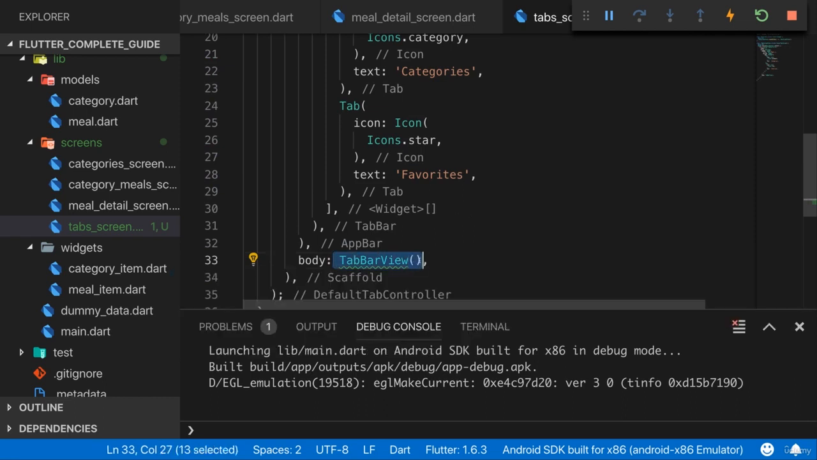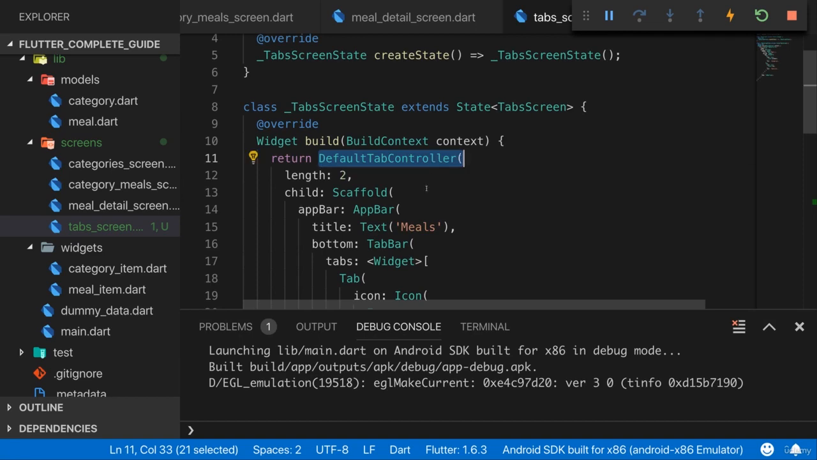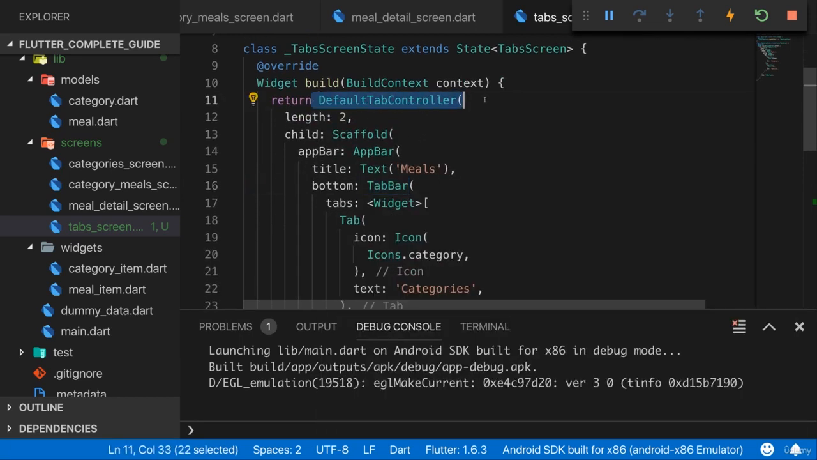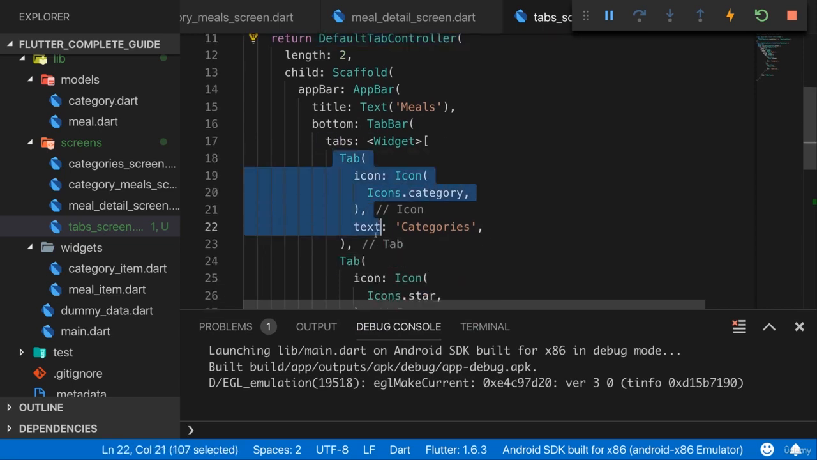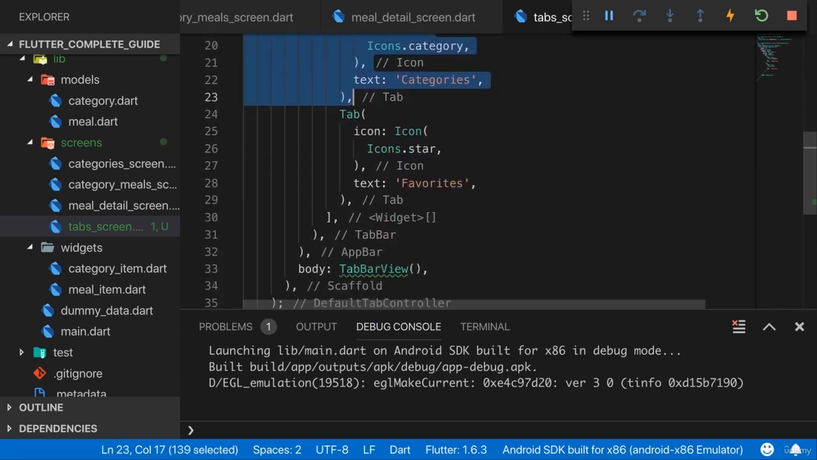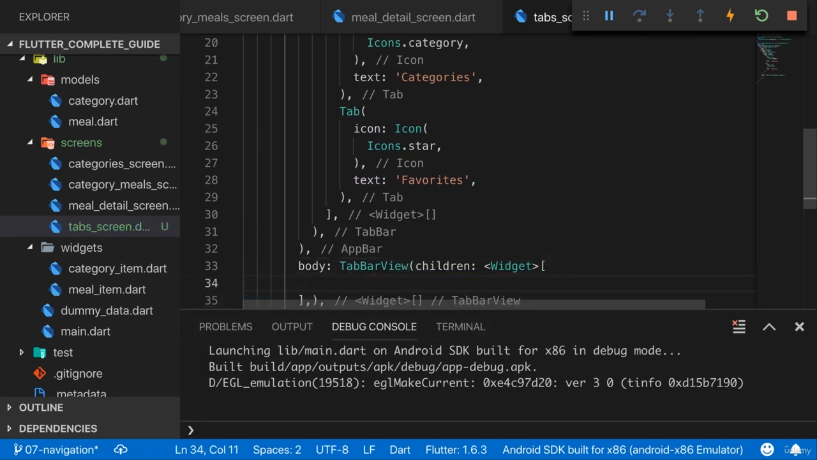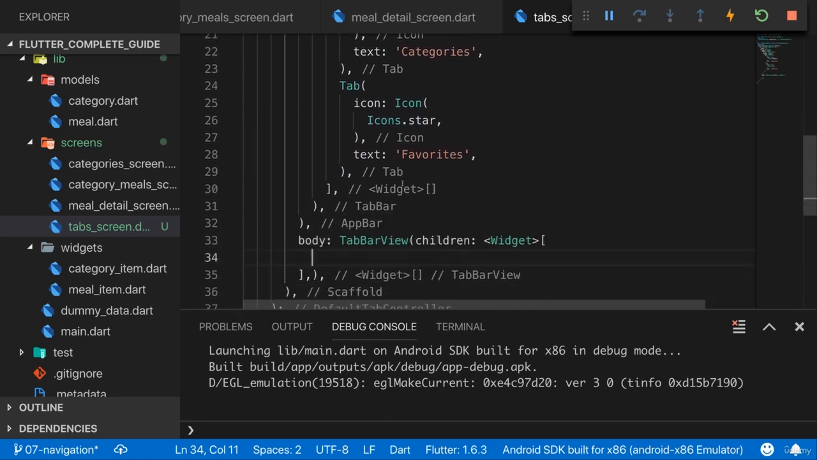The tab bar view is taken into account by the default tab controller in conjunction with your tab bar, and Flutter then keeps track which tab you selected, and if it's the first tab, then the first element which you add here to tab bar view will be shown, and if it's the second tab, the second element will be shown. Because to tab bar view, you add children, and now you should add as many child widgets here as you have tabs, because then the child widget for each tab will be shown as the main body of this